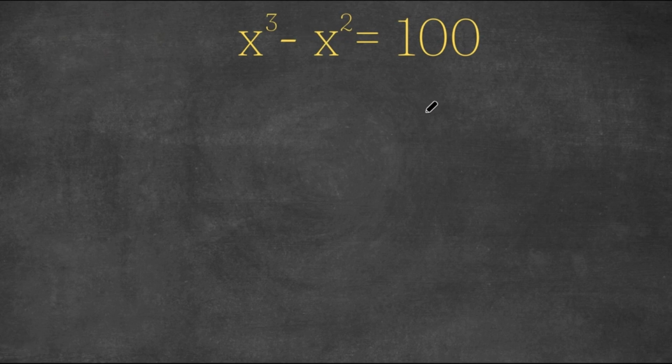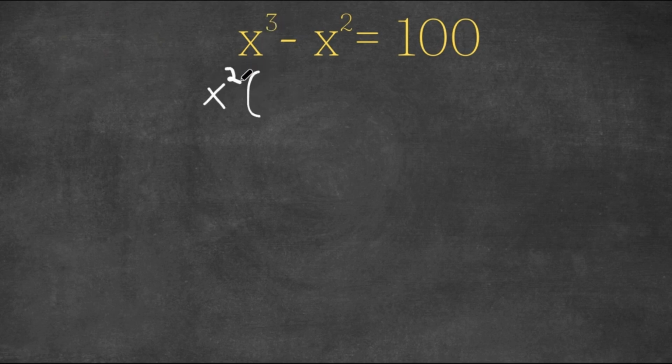Now, what we're first going to do is, as you can see, both of these terms have x in them, right? So the best thing to do is to factor out x with the highest degree, which in this case is 2. So we're going to factor out x squared. And that would help us simplify our equation by a lot. So if we factor out x squared,